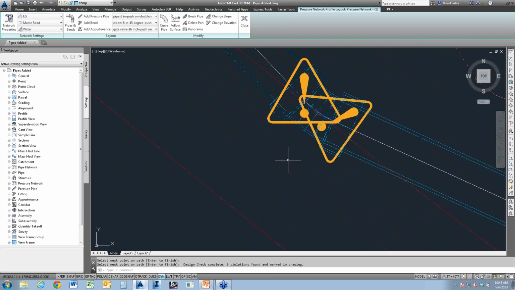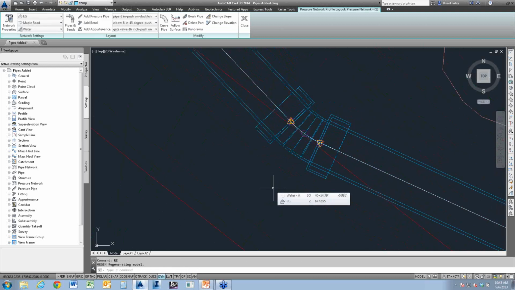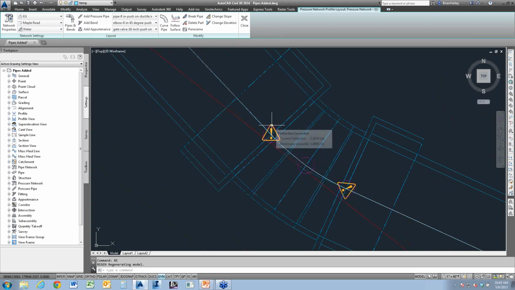And so you can see this particular bend has 2 warnings. What are the warnings? Let's go find out. Again, if I mouse over the symbol, it'll tell me what the problem is. So according to the criteria, our maximum deflection is 3 degrees. That's part of my parts list. In this case, the bend deflection is 3.28.